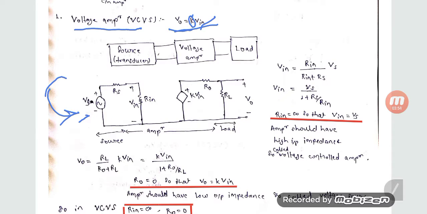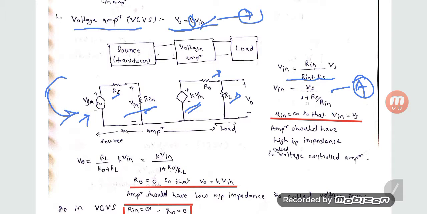So you apply a source voltage Vs here, the internal resistance will be in series, Rs, and the input resistance of the amplifier, Rin, and here will be a dependent voltage source through this equation, K Vin, and the output resistance Rout. Okay, so we can use this equation. First you apply the voltage divider rule in the input circuit, Vin equal to Rin upon Rin plus Rs times Vs, and we can rewrite this equation like this, equation A.